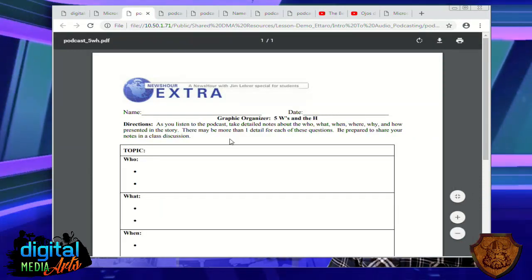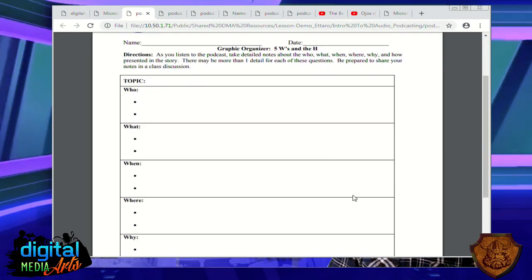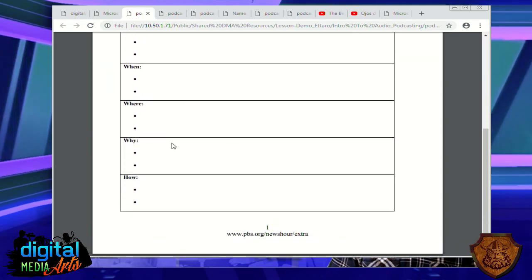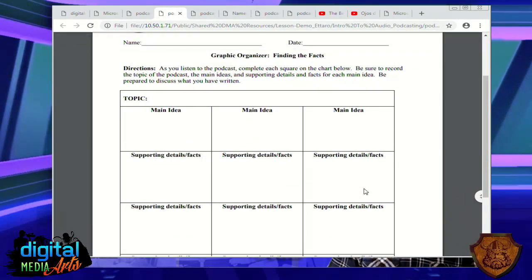Also, when you get to the point of creating your projects, I have some nice forms up here that you can use to fill out. When we get to the point of designing, these are graphic organizers that you can use to design your podcasts and your station and your radio productions you're going to be doing. Basics, who, what, when, where, and why, and how of your story that you're covering. This is going to help you break it down. You guys have all seen this in your English class. We've utilized this in here many, many times.